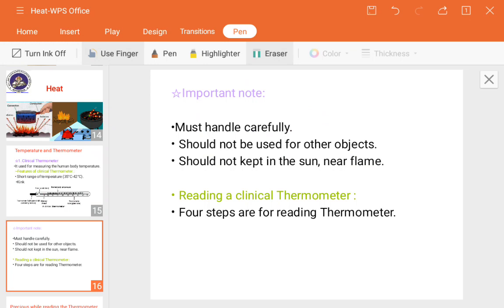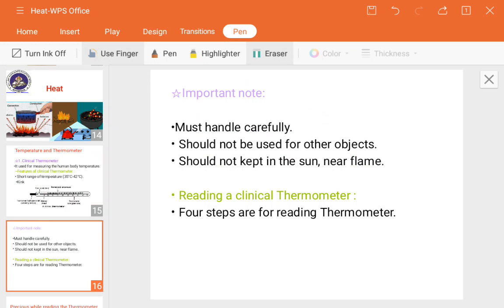So in the third step, this process we have to do before and after. It means that washing and handling should be done before and after, meaning after checking the body temperature, and also before checking the body temperature. So now the third step is for while measuring the temperature of a human body.